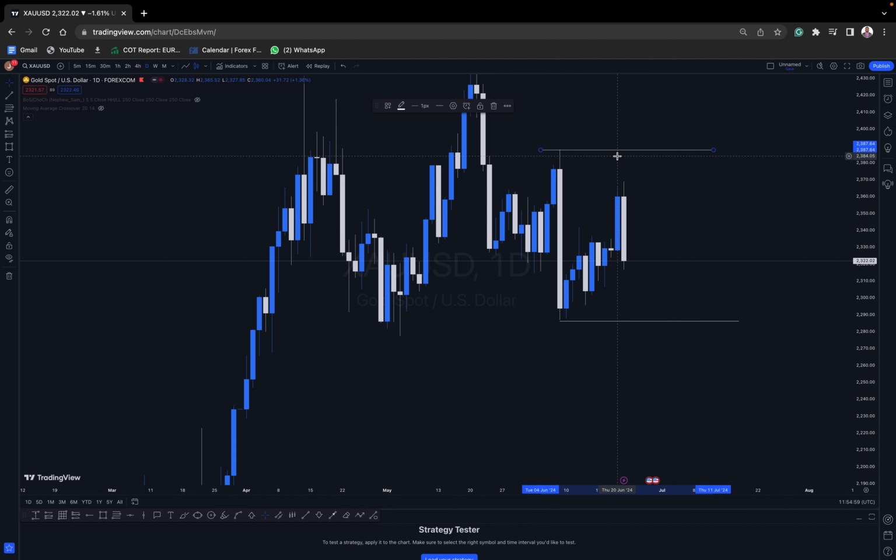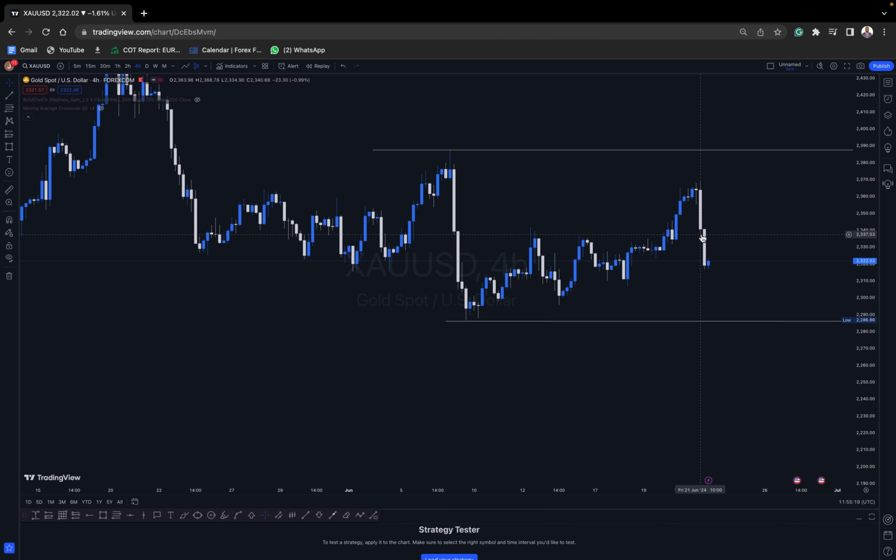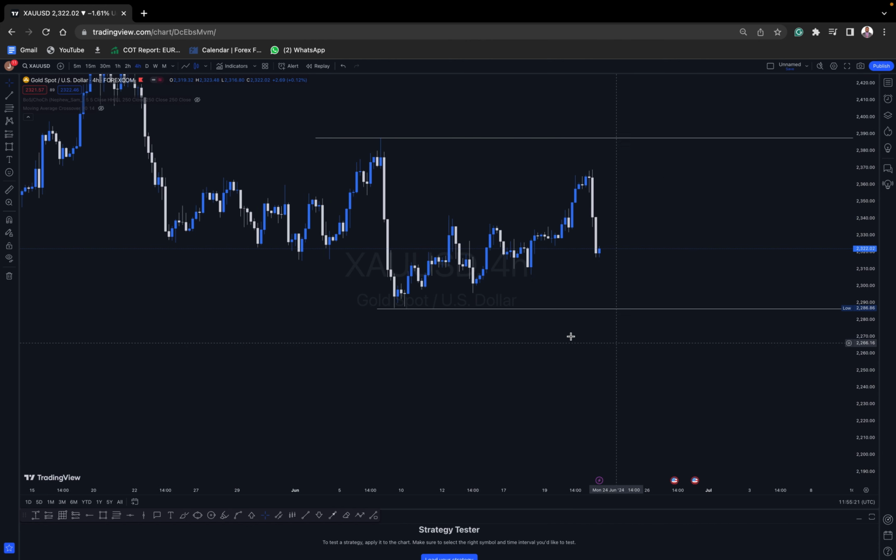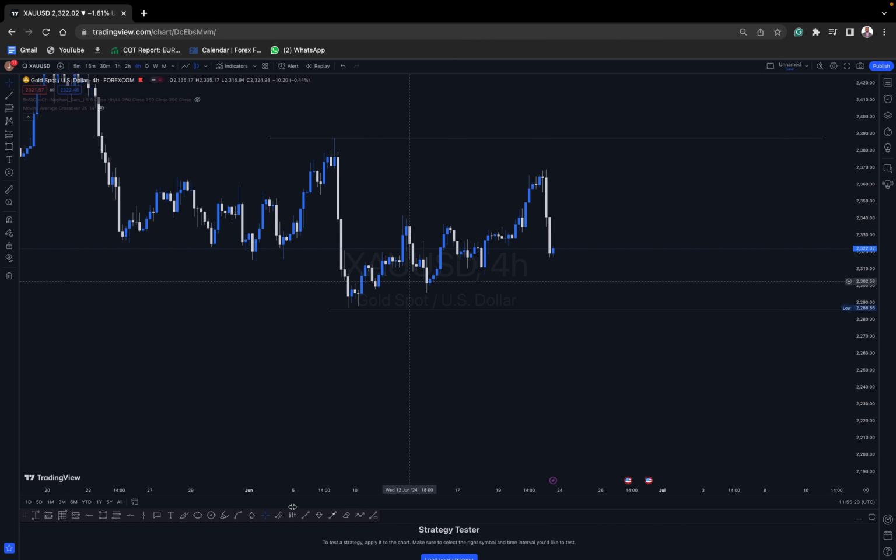So these are my key points I'm looking out for on the daily time frame, right? So now let's continue. After this point on the daily time frame, we now want to go to our 4 hours to start looking for intraday entries, right? So we are going to mark this now as our